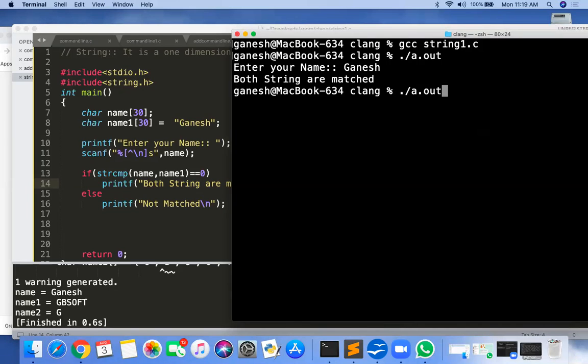Both strings match. Suppose I rerun and give Attarde here, so not match. Yes, getting? Very simple use of strcmp. It will return 0 if both are the same. It will return a non-zero value if both are not the same. Very simple.